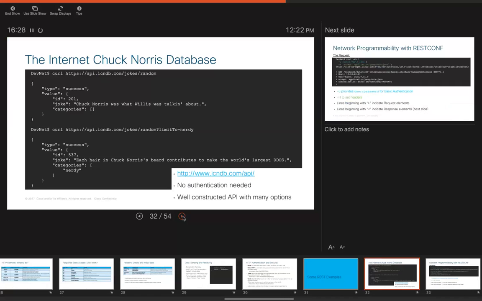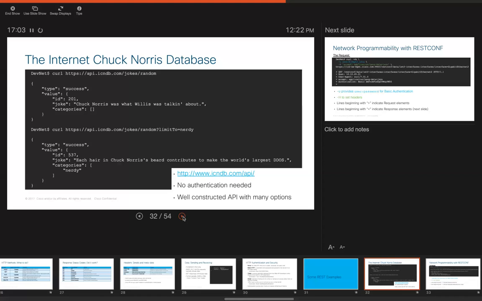So this is one that, if you have seen, I believe it's session 2 with Hank Preston. Hank loves to call out this Internet Chuck Norris database. It is an open API. It doesn't require any authorization. But the first tool that we can use to call these APIs is this curl tool, which is basically a command line tool. I believe I've tested on Windows 10 as well. There's always some question around if Windows 10 has this. I believe it is built in, at least the version I had, and it can be used on a Linux system and Mac as well.